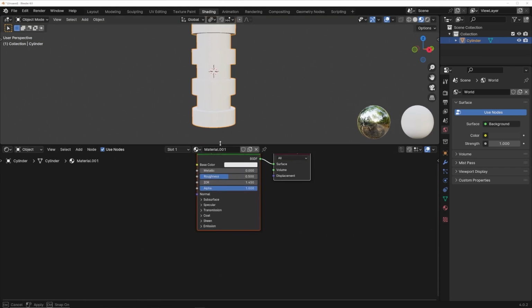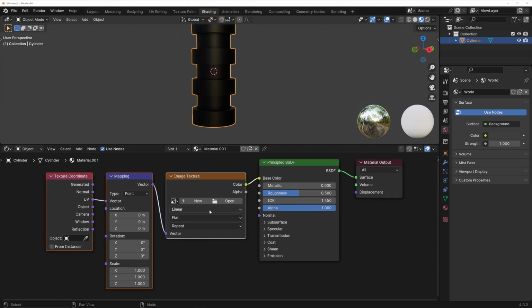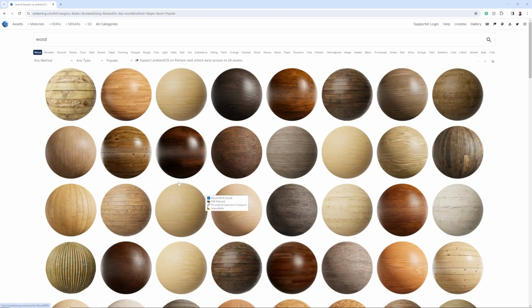It's very bright. So click on the principled, and we're going to hit Control T to get this whole image texture set up, and we already have the UV selected, so that's great. So now what we need is some image texture. So go to